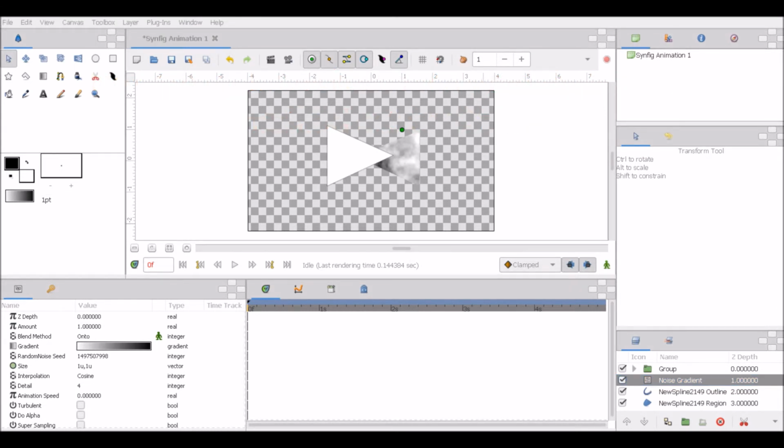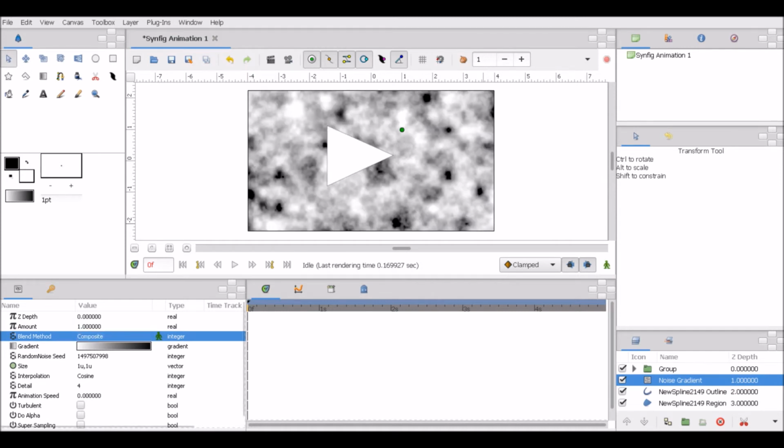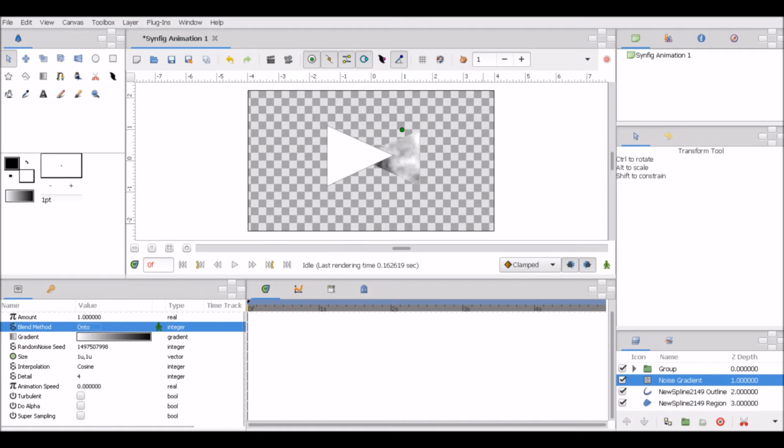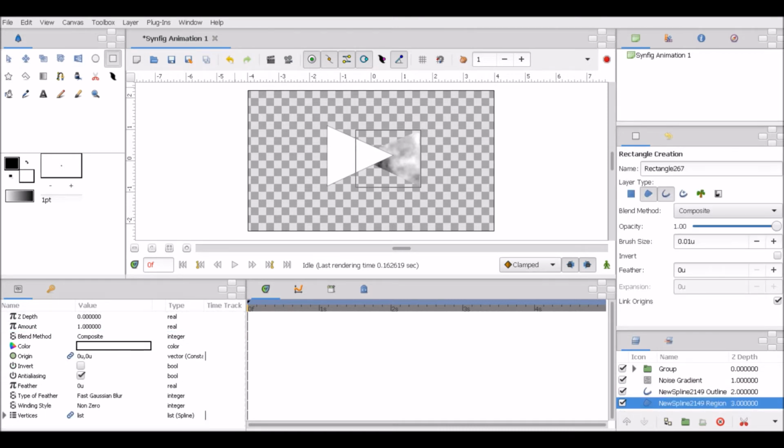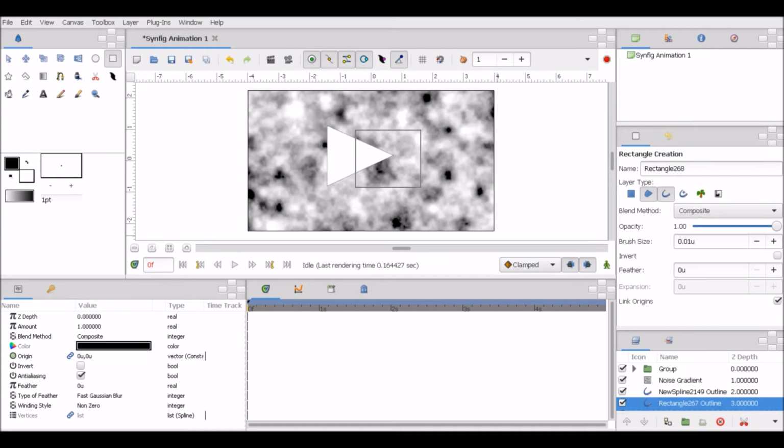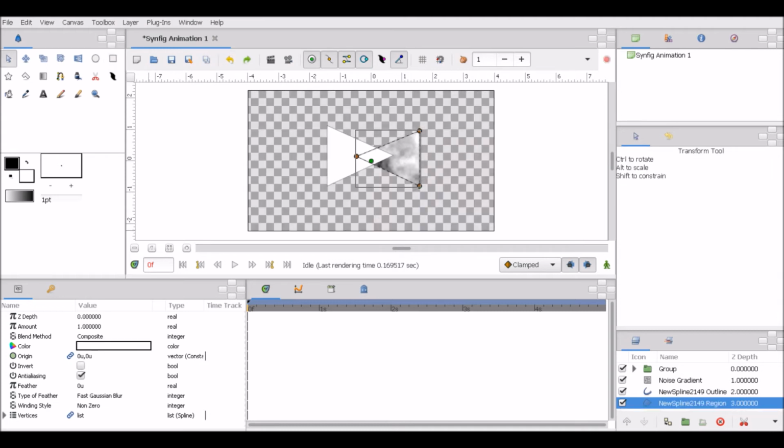The group layer is of course above everything, and thus anything within the group layer is unaffected. But because the noise gradient is without a group, it will always apply itself onto the canvas. Of course, the second shape would be seen if the noise gradient was below it in the layer window, and both shapes would be below the noise gradient if it was above it in the layer window. Therefore, groups aren't entirely necessary for everything. As another example, as for what I use for backgrounds,